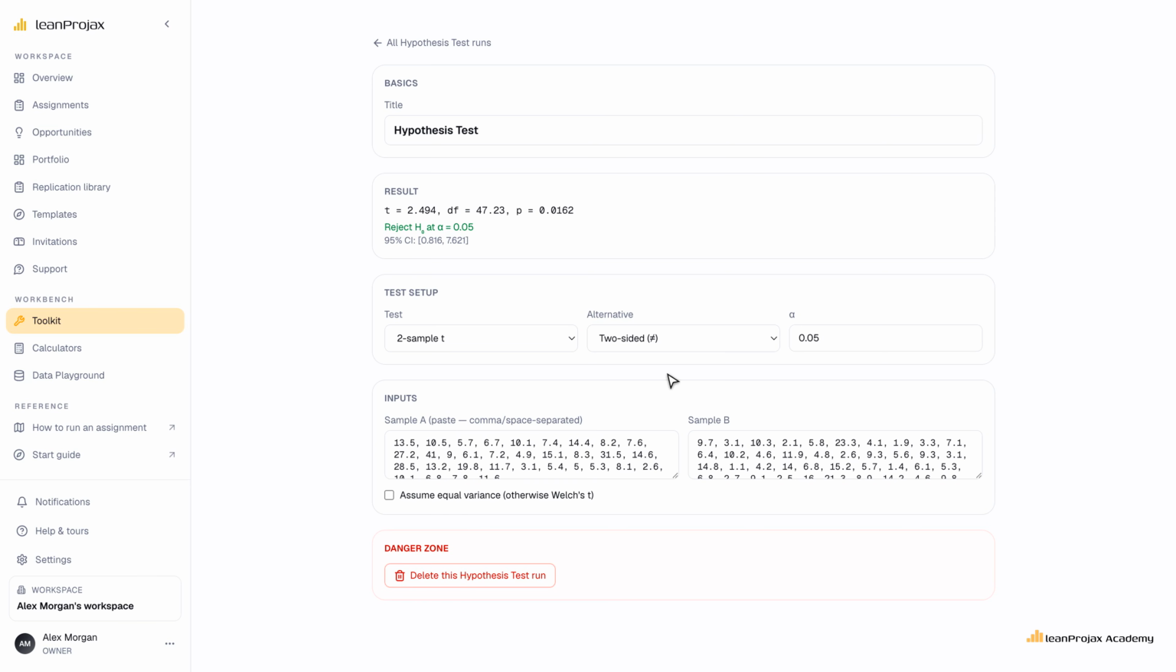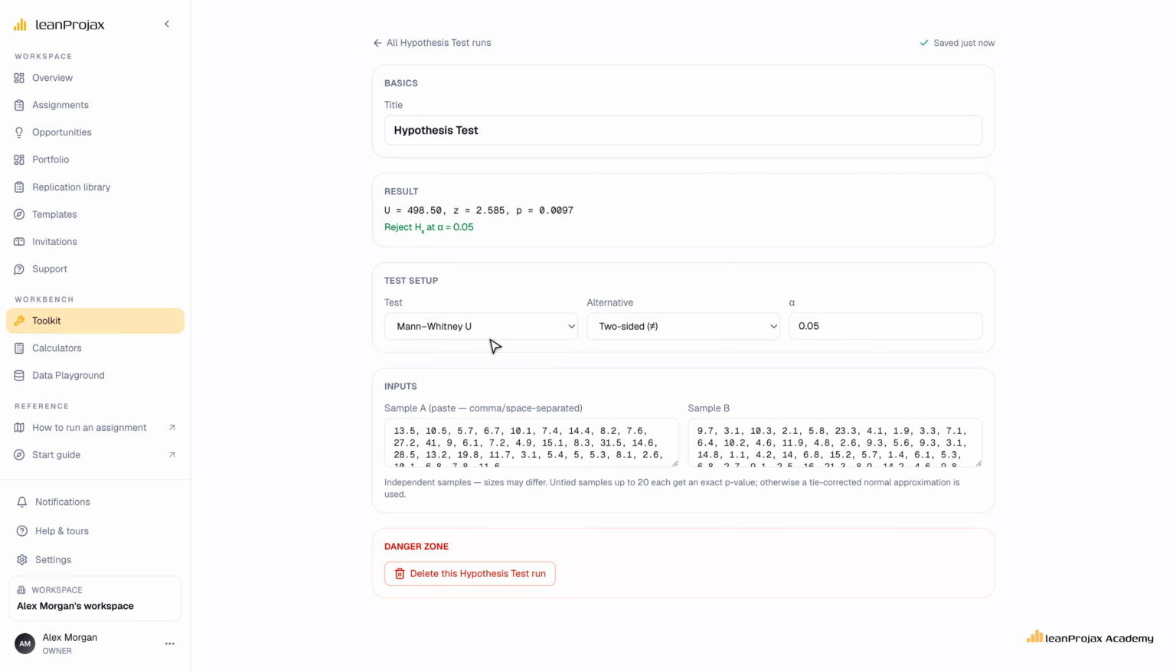Same run, same 2 samples. We only change the test. Mann Whitney U compares ranks instead of means. It asks whether billing tickets tend to sit higher in the queue order, and it doesn't care that our data is skewed. U equals 498.5. Z, 2.585. P, 0.0097. The same verdict, reject the null, from a test that makes almost none of the assumptions